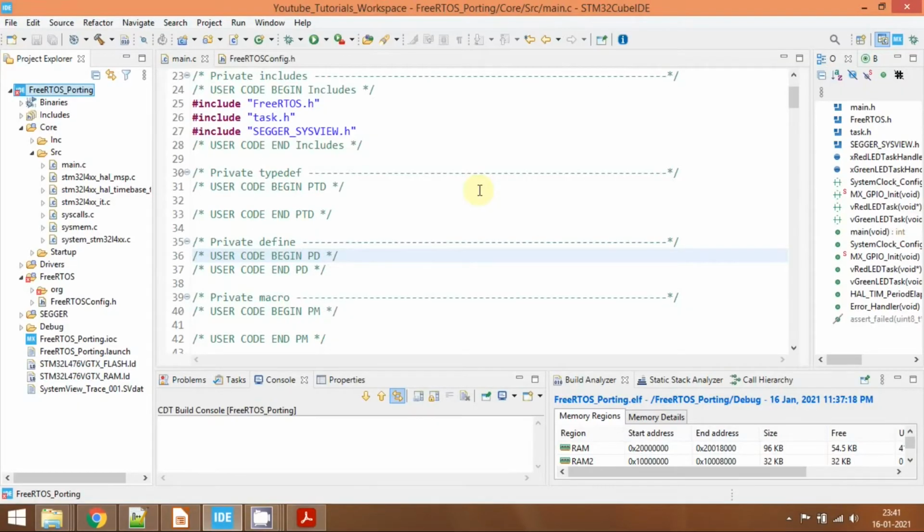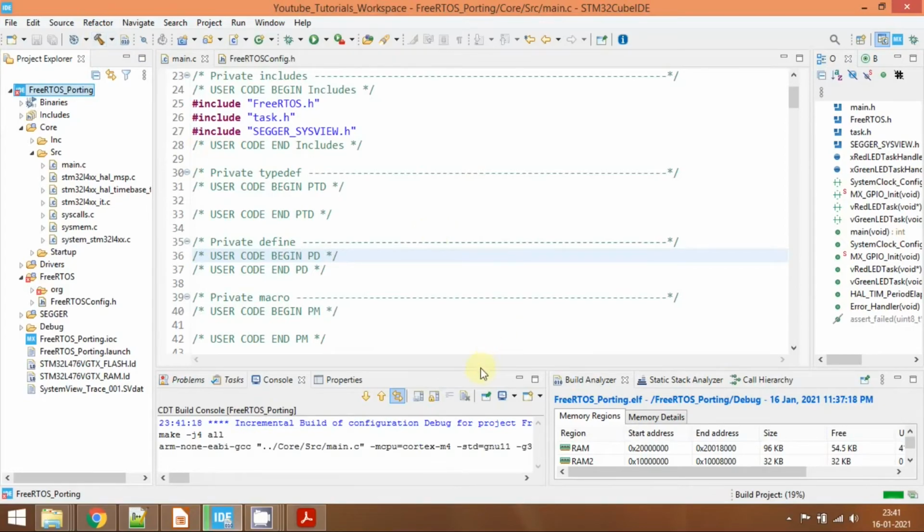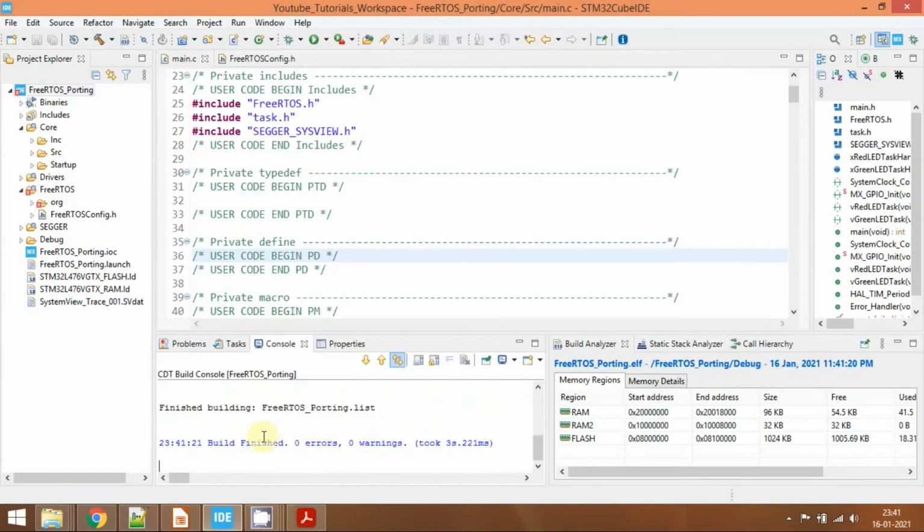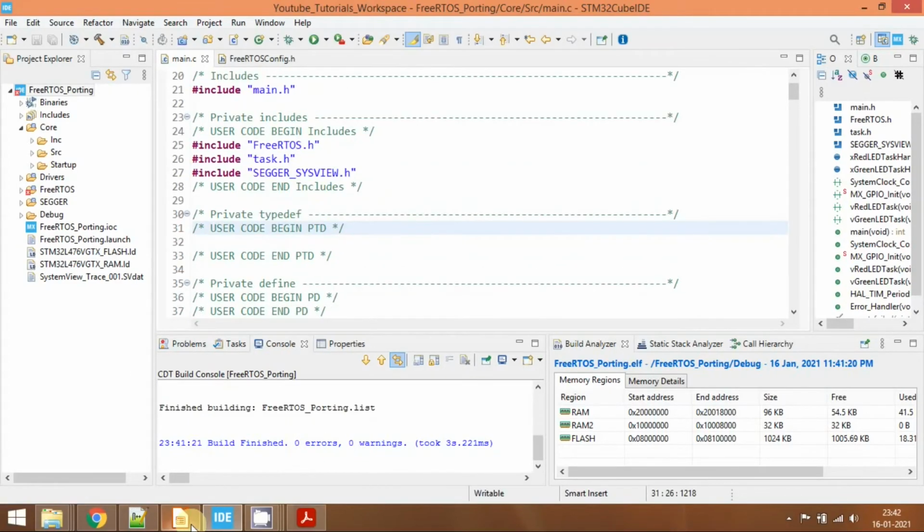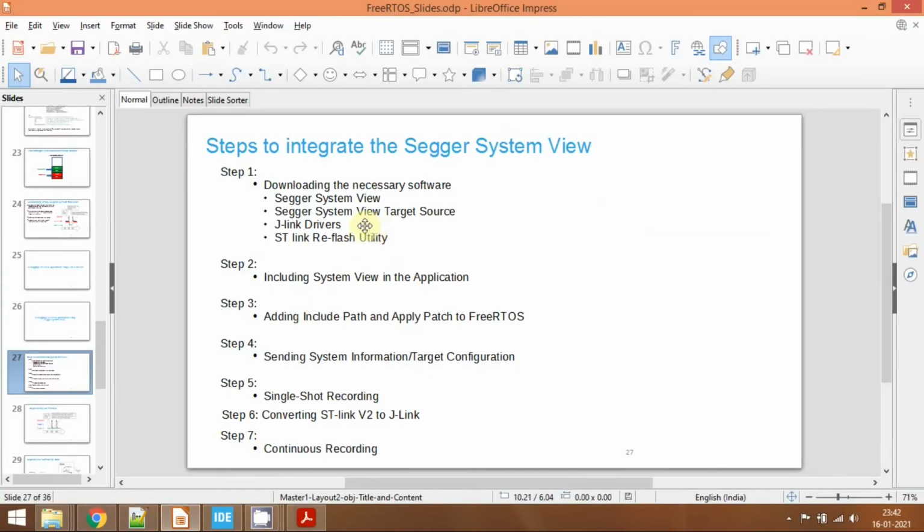Let's go ahead and build the project, and let's see if there are any errors or not. To do that, click on this project and click on this hammer button here to build the project. Now the project is building. Now the build is completed successfully without any errors and warnings. What we have done is we have completed step 1, step 2, step 3, step 4, which contains all the configuration related to the target.